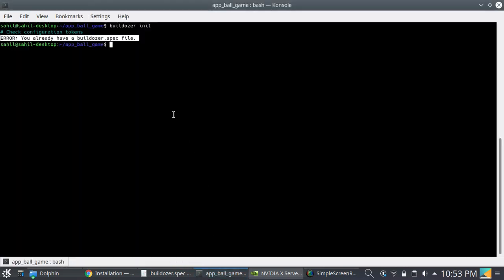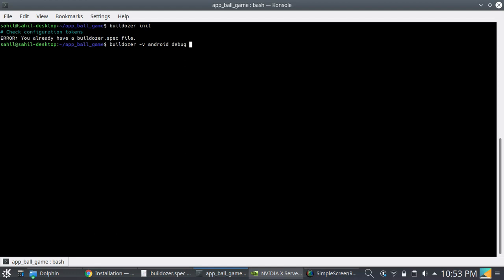After that, just type buildozer -v android debug and enter.